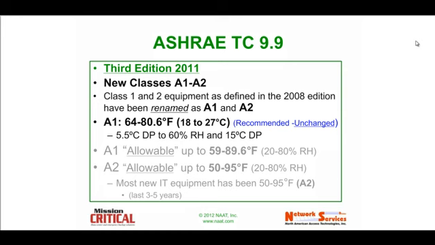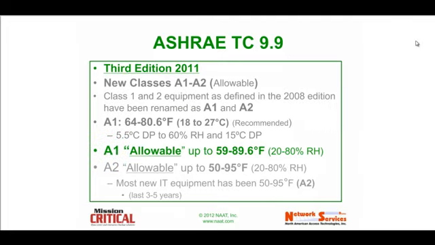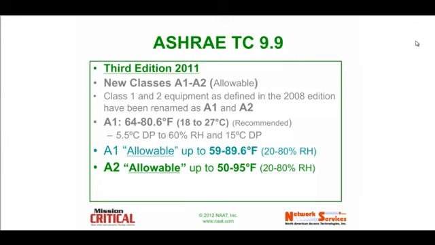we've always talked only about the recommended ranges. The reality is there always was an allowable range, and what we need to really look at is, what is the equipment capable of operating at? We always felt safe in the recommended range and tended to ignore the operating range, but Class A1 allowable is essentially almost 90 degrees, 89.6. Within Class A2, which is something we never really talk about, but in fact exists, we can go to 95